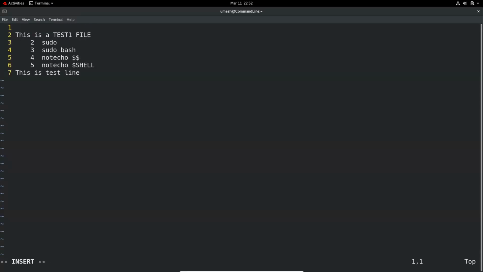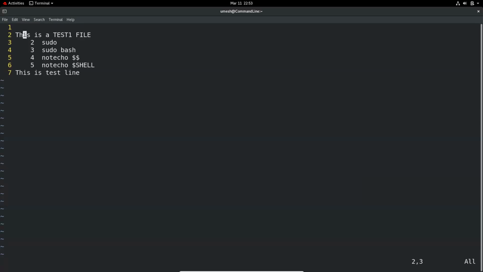And we are now in insert mode, because when you press O, it goes to the next line and into insert mode. So let's press Escape to go to command mode again. And you can use Shift L to go to the end of the file, and Shift H to go to the top. So H will go to the top and L will go to the end, with the Shift key.